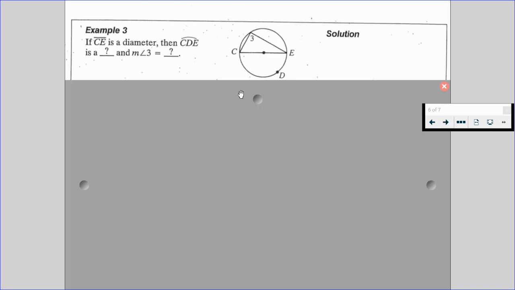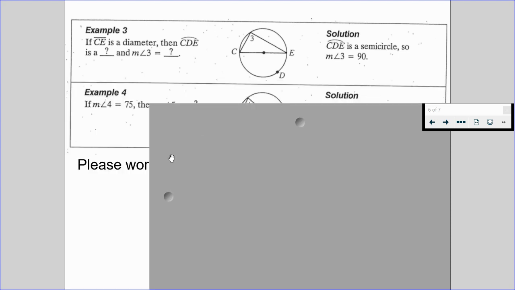In example number 3, we are given if CE is a diameter, then arc CDE is what, and the measure of angle 3 is equal to what? So our solution, arc CDE is going to have to be a semicircle since we have a diameter, and a diameter cuts our circle into two equal pieces. It cuts it in half. So major arc CDE is going to be a semicircle, which means the measure of angle 3 is going to be half of that arc's value. That arc's value is 180 degrees. Half of that is going to give us 90. And likewise, in example number 4,